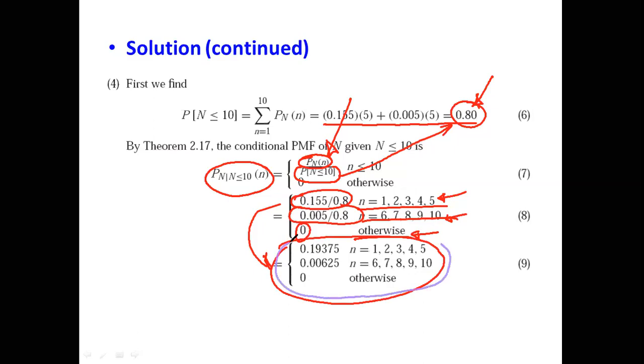Sir, if we were asked to find the probability of n conditional on n when n is less than or equal to 50, sir, would it be 1? Definitely. Yes, sir, that would definitely be equal to 1. You can check. Look at that. If it is less than or equal to 50, then what happens? This 0.155 will be multiplied by 5, and then plus 45 multiplied by this 0.05. If you add, that will be equal to 1.